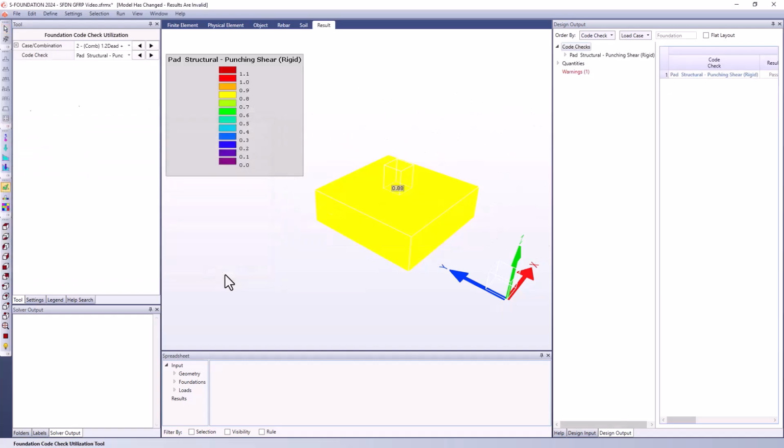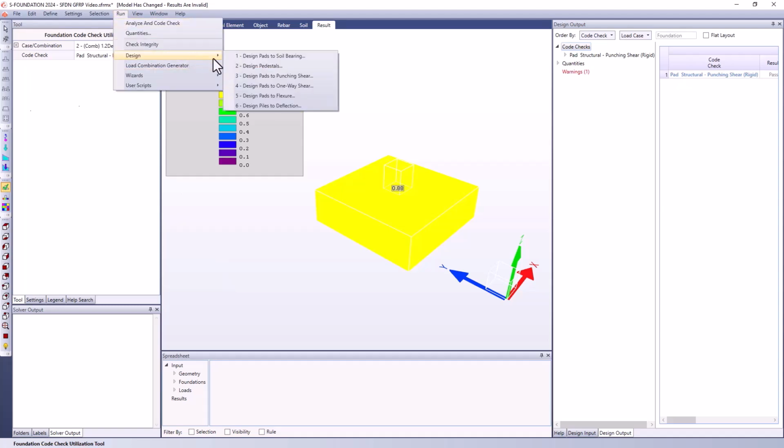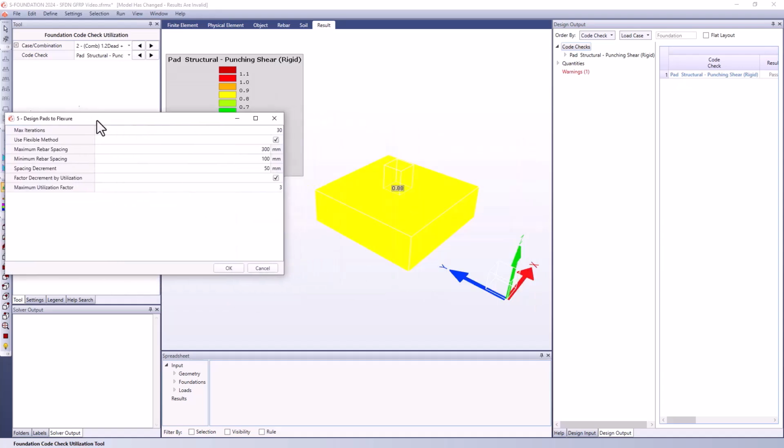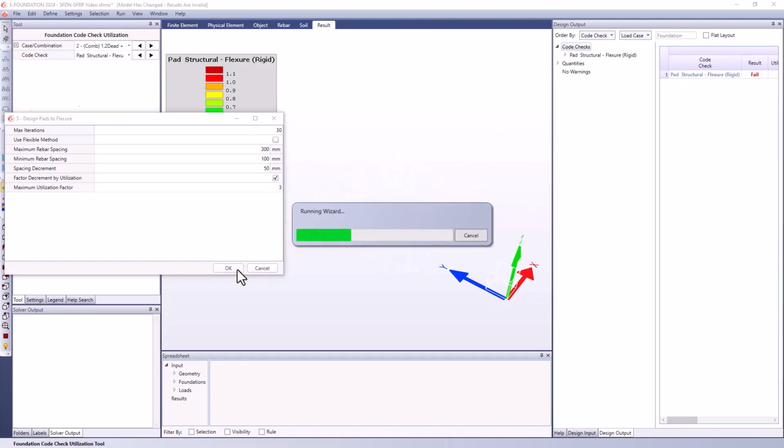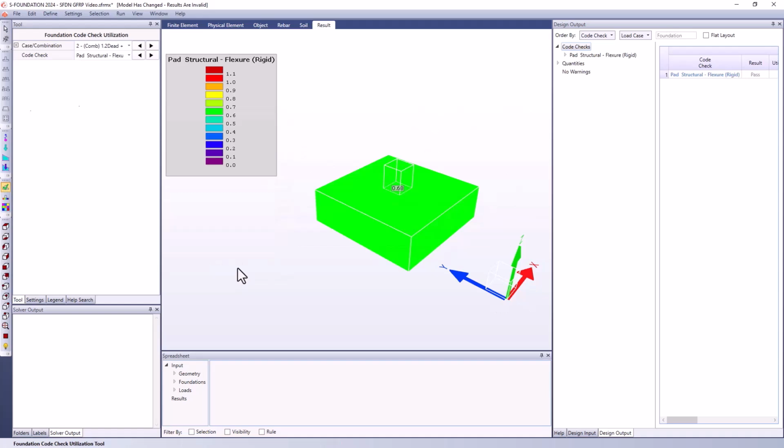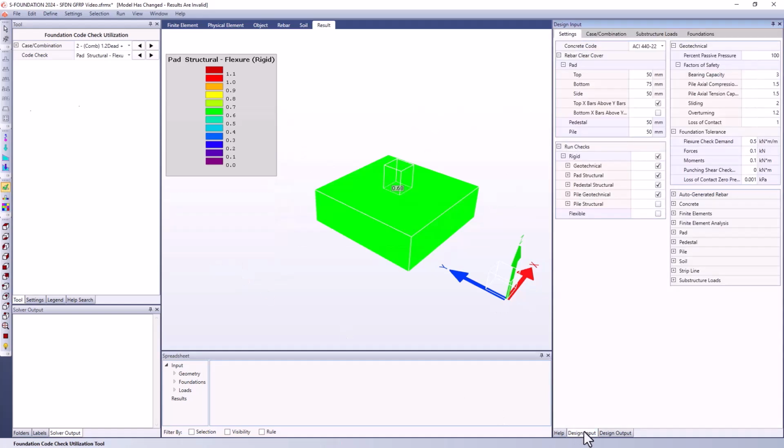So due to the high compressive loads that we have, we end up needing to increase that thickness quite a bit, but we're now at a point where that one is working. We can do the same thing for one-way shear and flexure. I'm going to jump right to flexure here. And what it's going to look at now is adjusting the reinforcement spacing. So the bar sizes and the reinforcement spacing can be adjusted. And you can see here it's come up with, for flexure, a utilization ratio much less than 1 for this